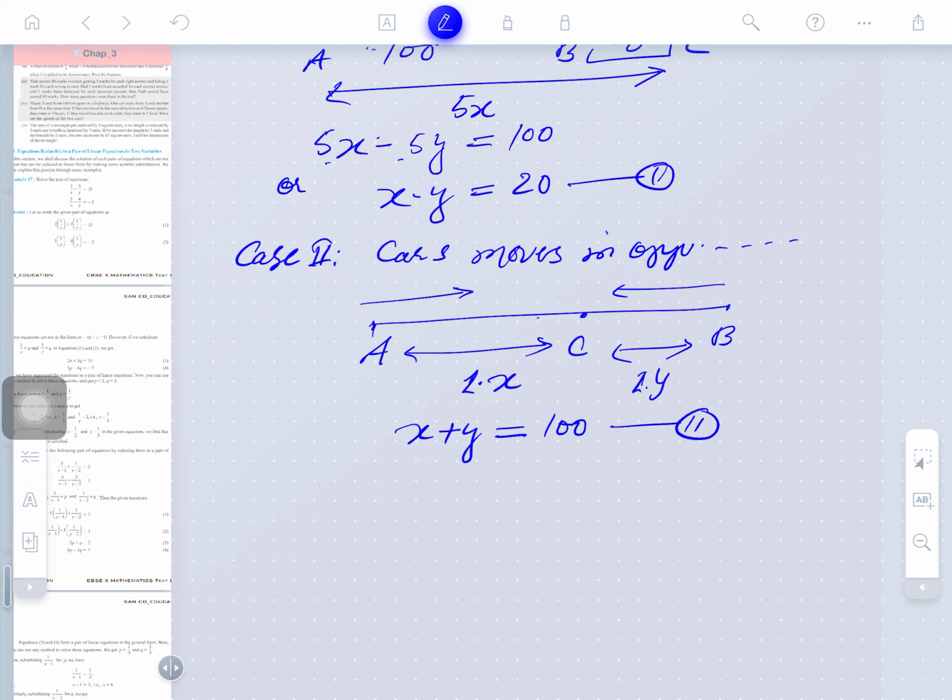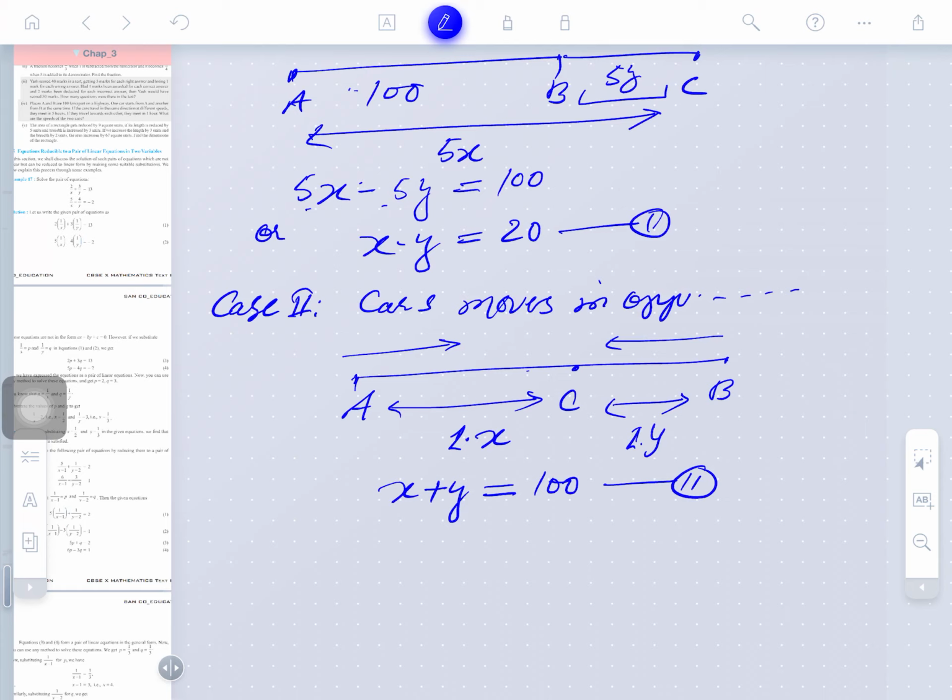Now can you solve these equations? I'm waiting for you to solve them. Please solve within a minute. Okay guys, do solve. It should be appearing clearly to you that you have to use the method of elimination. Eliminate y, so both equations are to be added here. Do solve please.